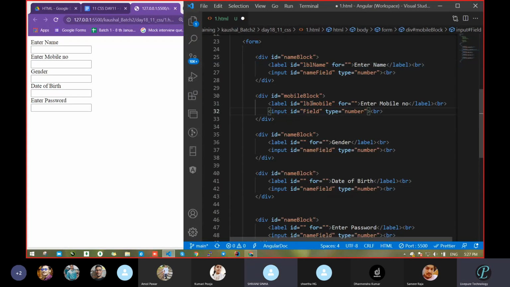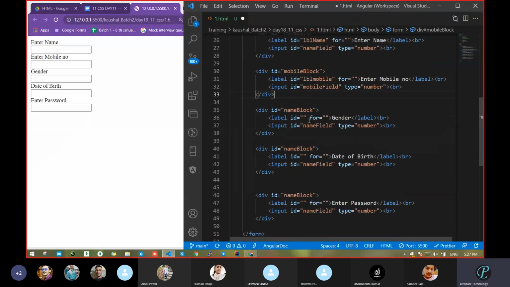Take this mobile. Let it be mobile, completed. Fine. We got enter mobile number second. Then third is gender. Sir, remove this type, telephone now. Let it be mobile now. Then gender. Type, fine. Type radio.